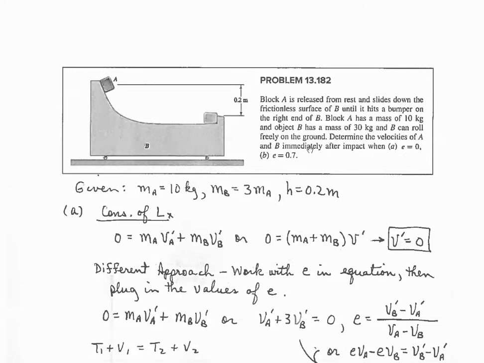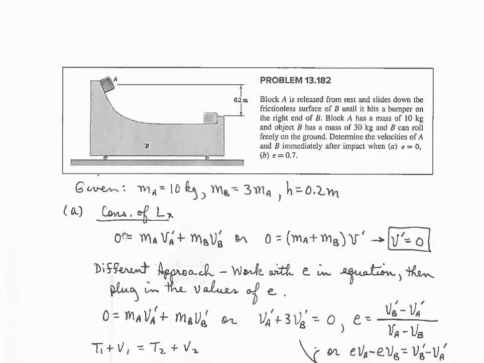We must determine the velocities of A and B immediately after impact when e equals 0 for part A and e equals 0.7 for part B. So we're given m sub A equal to 10 kilograms, m sub B is 3 times that, or 30 kilograms, and h is 0.2 meters. Since there are no external forces or impulses in the x direction, we can have conservation